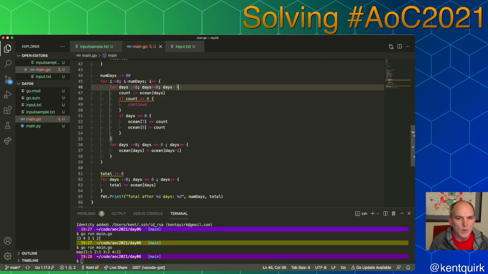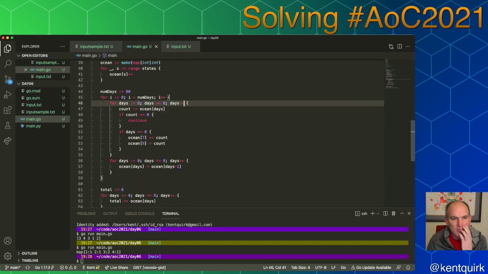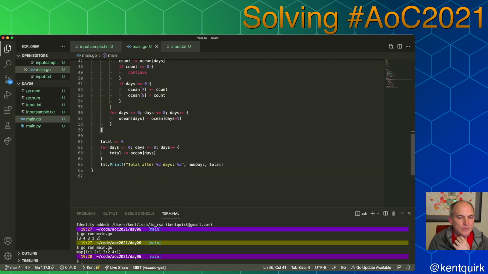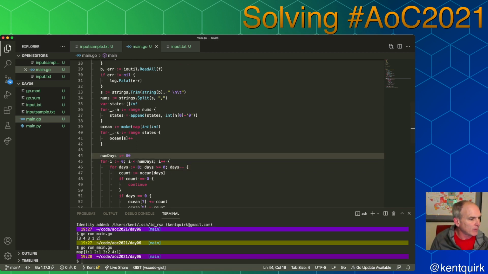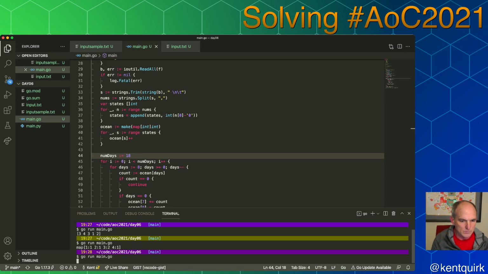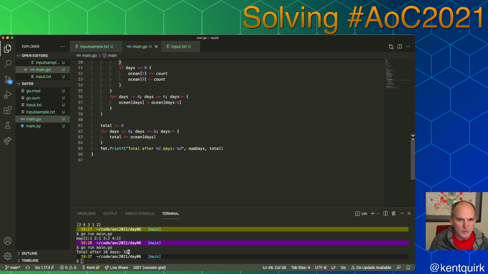Wait. There we go. Okay. And all right. So now I'm going to run this, and I'm going to set end days instead of 80. We were given sample data after 18 days, which they said should be 26 fish after 18 days. So let's just look at that much. And it's 32, and I printed a percent because,